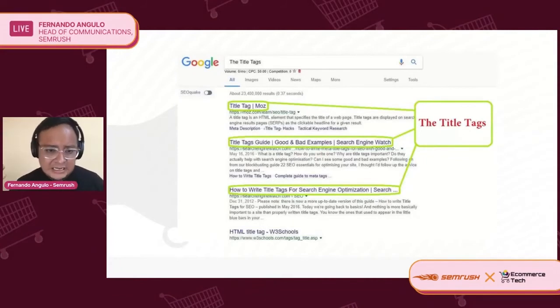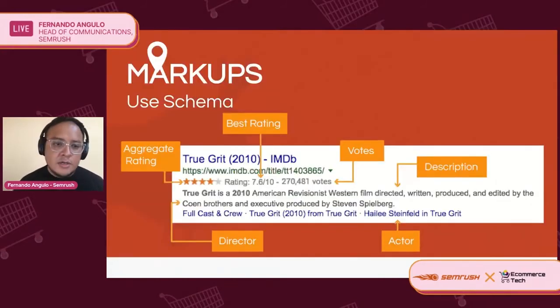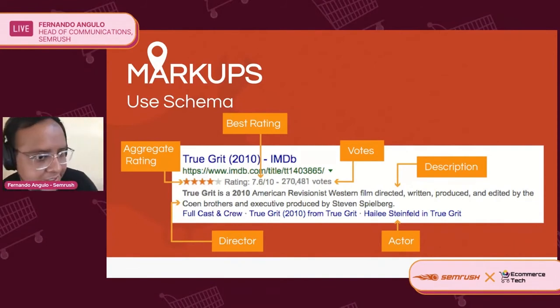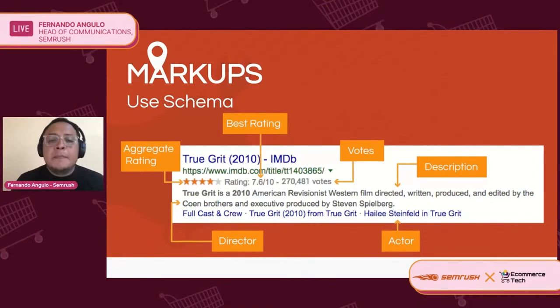So here you see those title tags. Basically, you have the title tags, you have one. The second one is more specific. The third one is giving me how to write title tags, the solution. So the title tag will guide me to understand, okay, this is the right thing that I'm searching for or not. And another thing here that is working very well for e-commerce is schema markups. You can see here different types of markups. For example, the ratings, the votes, the description, or the name of the actor,